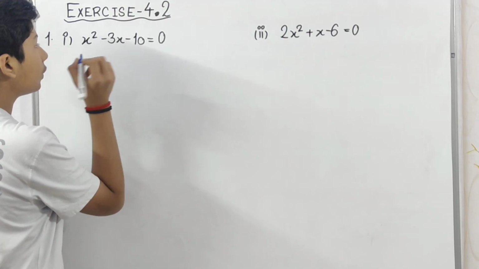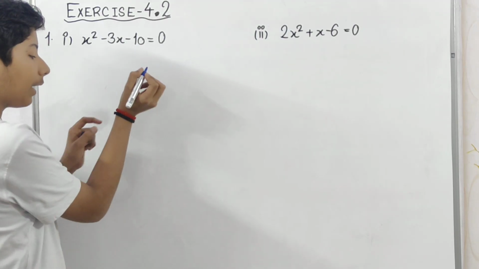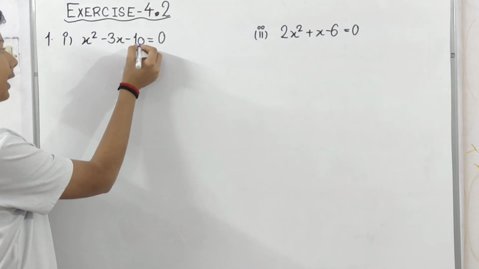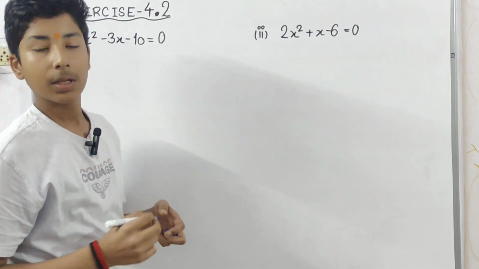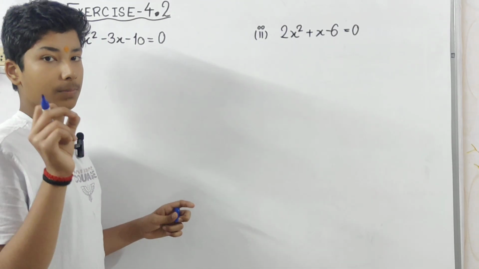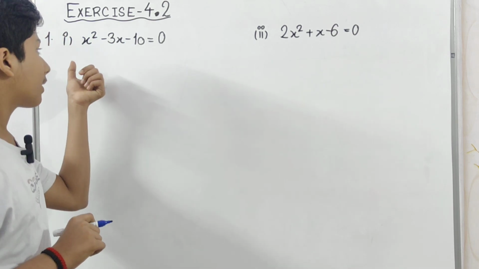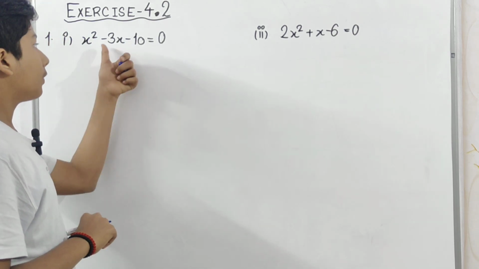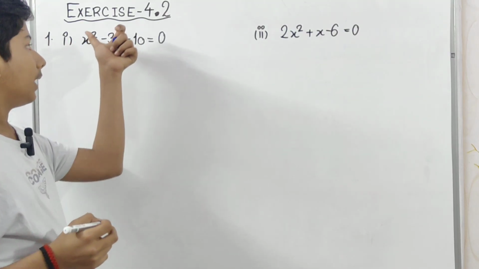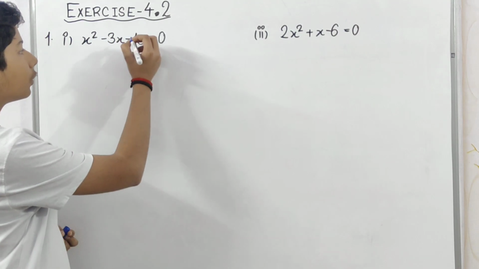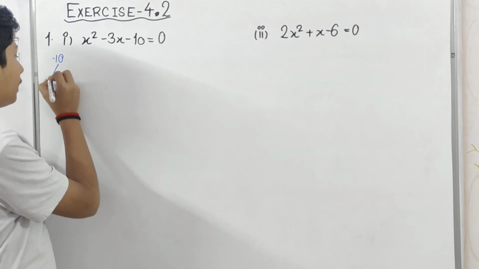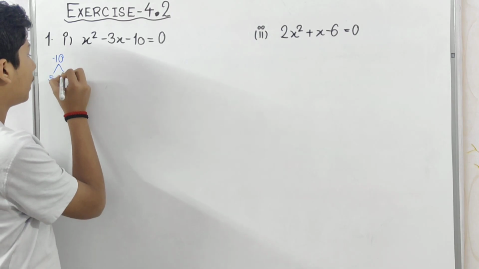Okay, so to use the factorization method, we first have to multiply these two terms. It would become 10 into 1, meaning 10x square. Now we have to find two terms which when multiplied become 10x square, and when added become minus 3x. See, the symbol will also come. So minus 10x square and minus 3x. So we first have to find the factors of 10. Minus 10 is 5 and minus 2,